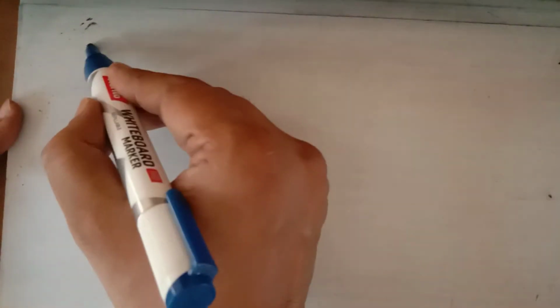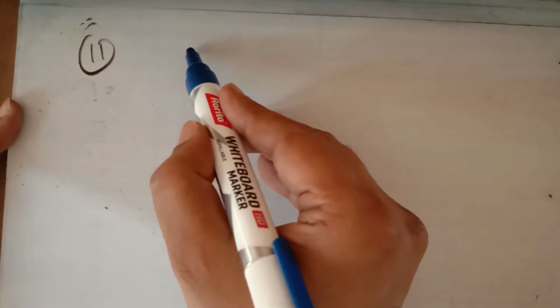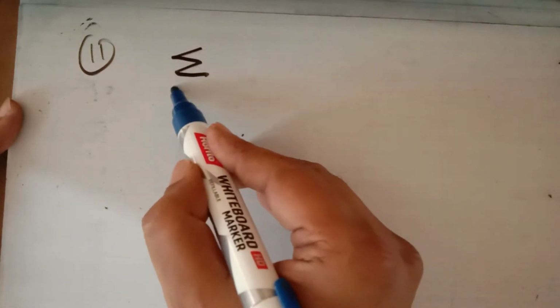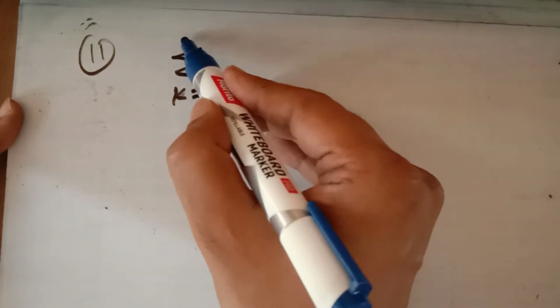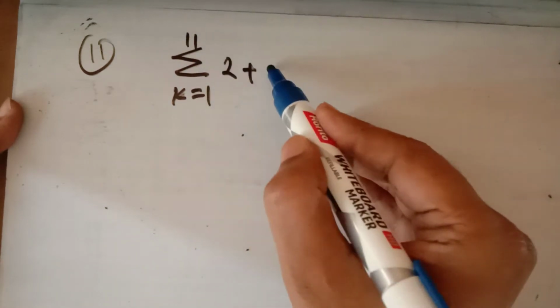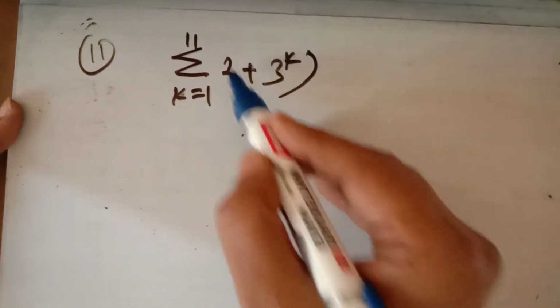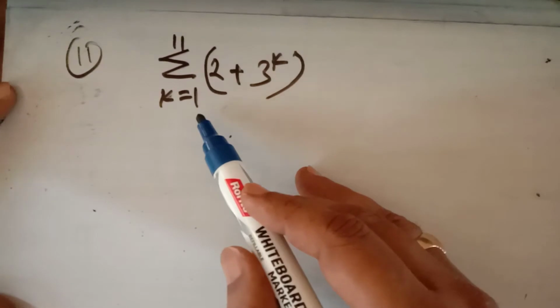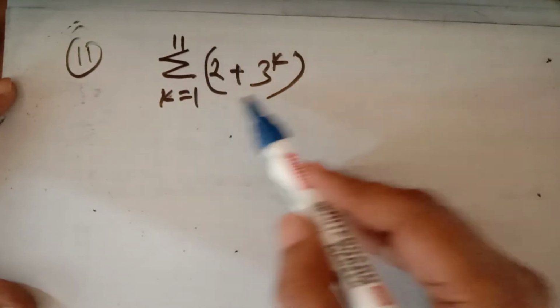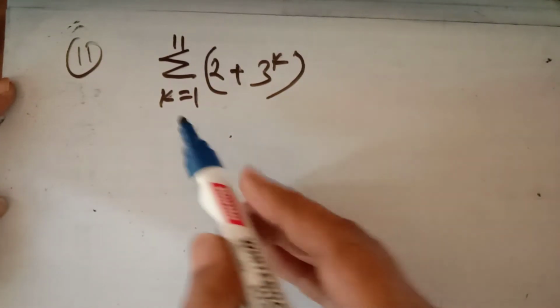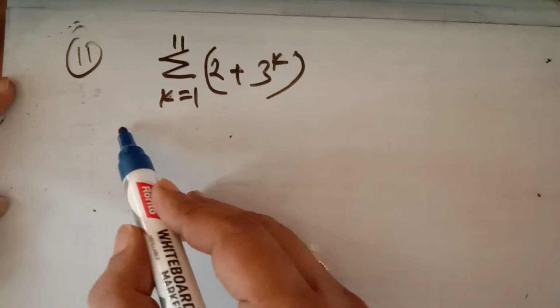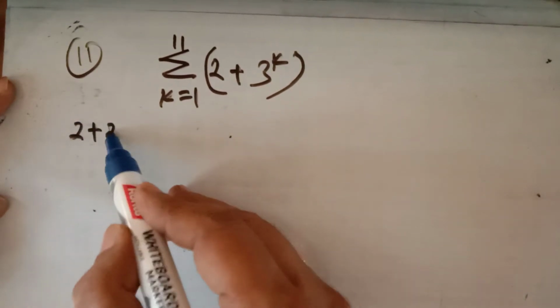Now in question number 11, see what this expression means. Summation k from 1 to 11 of (2 plus 3 to the power k). What this means is you have to increase the value of k from 1 to 11 and add all the terms. So the terms will be, see it very carefully, when you replace k by 1, we have the first term as this,